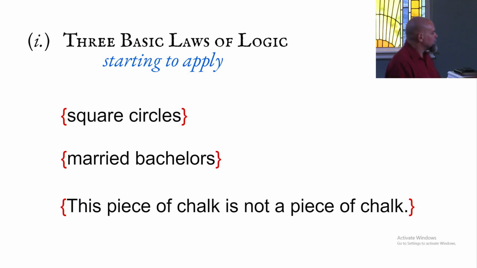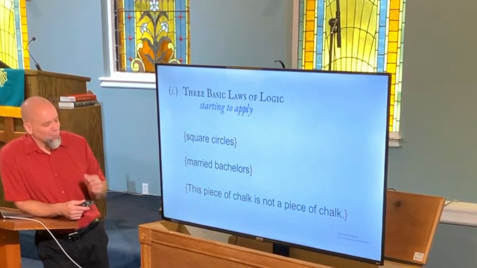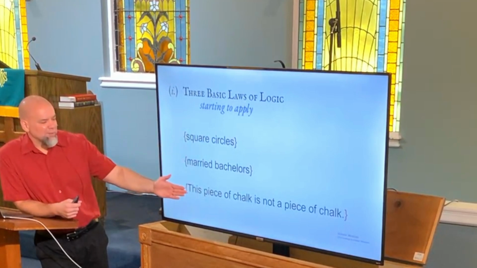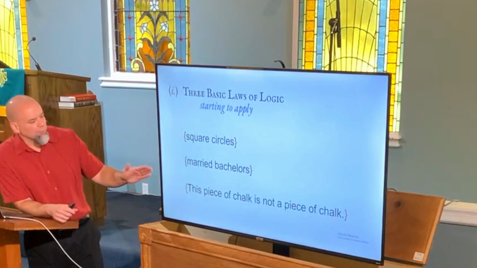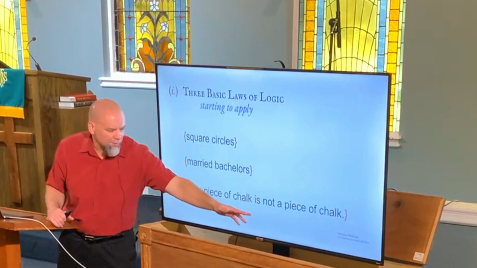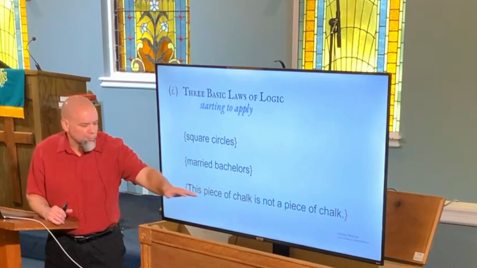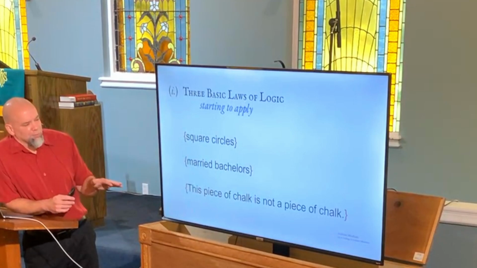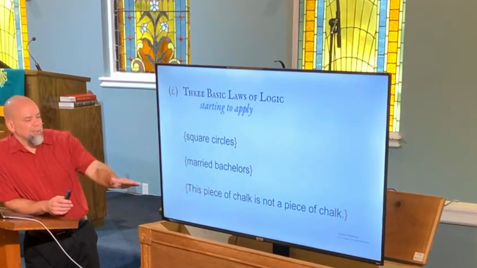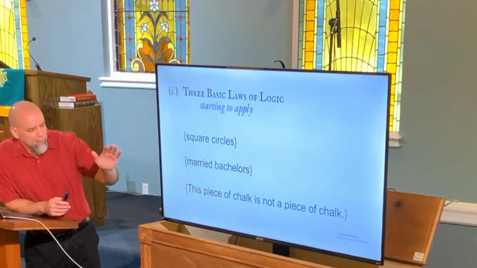Now, the example, I used to use this pen as not a pen because I didn't always have a chalkboard in front of me, but R.C. Sproul used this, and this is where I got it from. And he told the story, before I, you'll get it. I'm not going to ask you because you already got what's wrong. Obviously, the same problem is going to be here, except with a sentence here, you have a subject term and a predicate term, right? And then you have this verb here that's called a copula, but your terms are your subject and predicate term. So piece of chalk, interestingly enough. And here it's just the easiest way to contradict ourselves. This piece of chalk is not a piece of chalk.